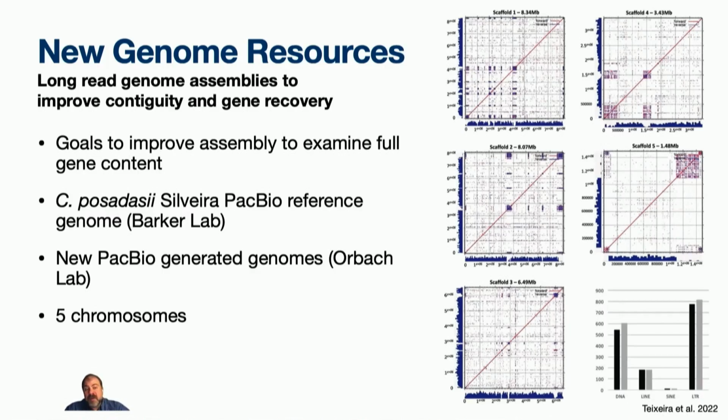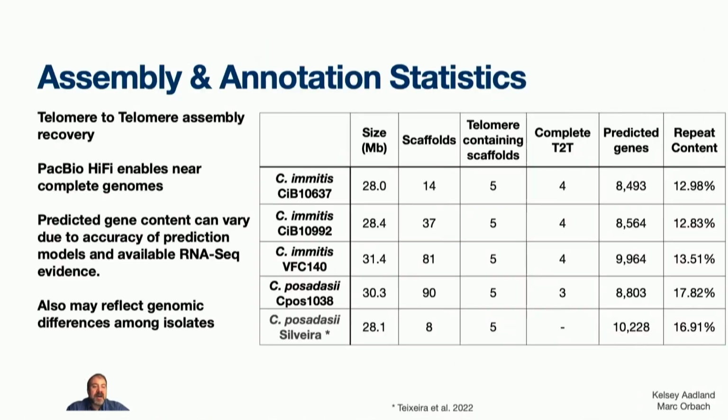But additional work that's been going on since then in Mark's lab has generated some additional genomes with the HiFi PacBio sequencing technology, and you can see here the top 4 of these new genomes, and then the Posadasii from earlier this year is listed. And so again, we see genome sizes a little bit less than 30 megabases. For some, the scaffold count represents all the scaffolds that come out of the assembly, but almost all of the sequences are in the first 5 chromosomes.